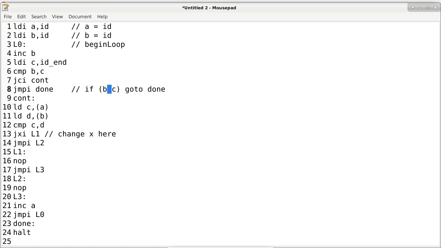Well, if you think about it, if B is in fact less than C, I would have gone to continuation, right? So it's only when B is not less than C that I would go to done. So that means this is greater than or equal to. But wait, if greater than or equal to is the reason to get out of the loop, when we specify a while loop, we specify the condition to stay in the loop, right? So what is the condition to stay in the loop? When B is less than C. That's right. Okay. So that means, from here, we can now say while B is less than C,